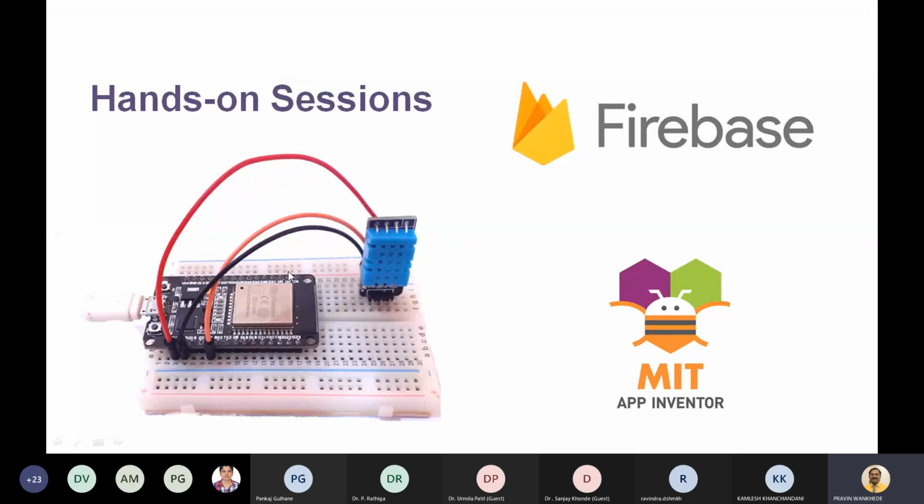Our case is that we should send the data from this hardware to Firebase, and let me receive that in the app. And another thing is to send the action control from the app to Firebase and again receive that action in your IoT node. So both the things we want to do.